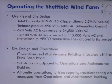So we've talked about some of this, and I'm going to move rather quickly so we have enough time to get on site and you guys aren't late for your next appointment on the agenda. We have a total capacity of 40 megawatts. That's 16 turbines of 2.5 megawatts each. I'll talk a little bit more at the turbine about this, but they produce 690 volts AC, which is converted into that 34.5 at the base of the tower